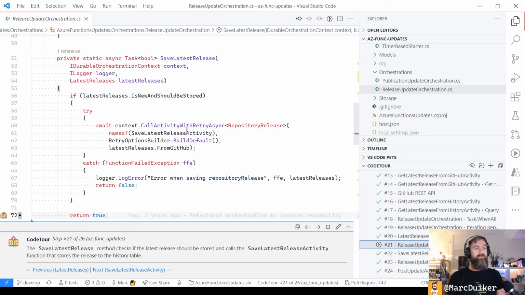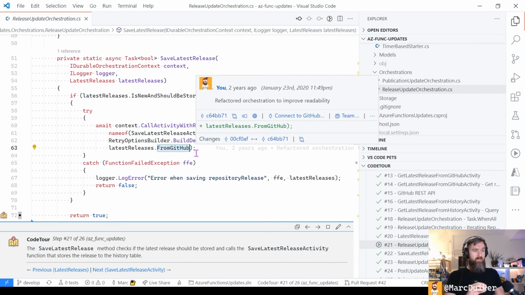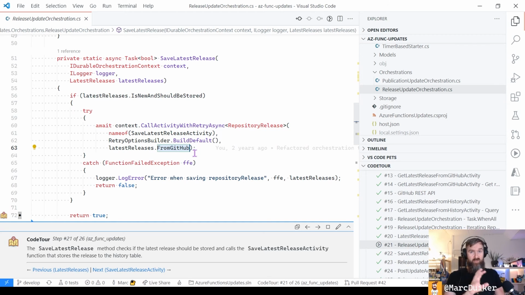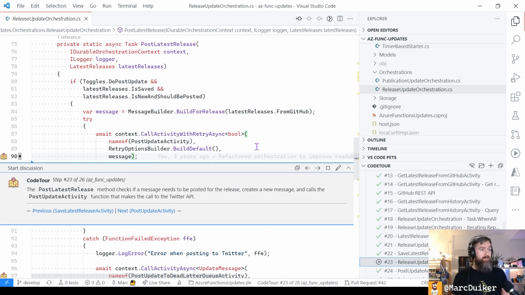So if that's true, then I'm calling another activity function, the save latest release activity function, with this release from GitHub. So then I have that in my table storage. I can use that to compare for the next time this function is run. So I won't go in the activity, and then the final step in the orchestrator